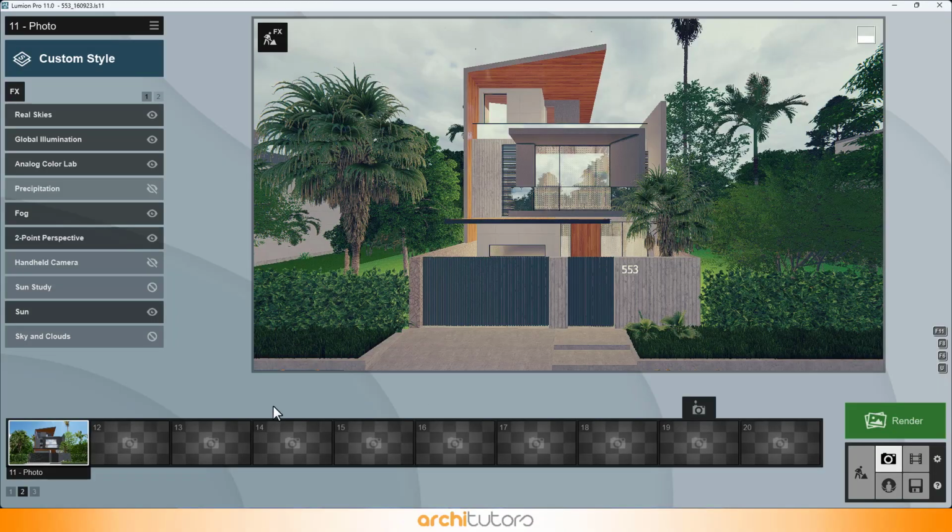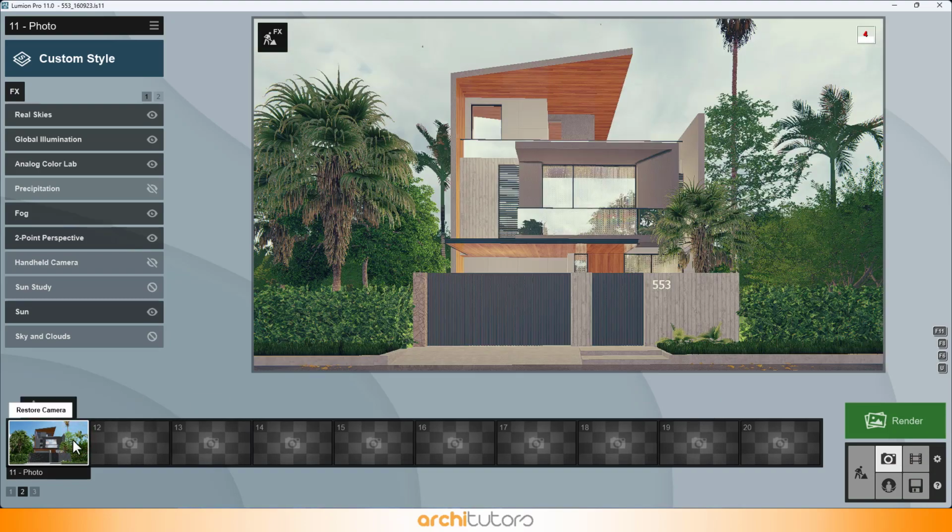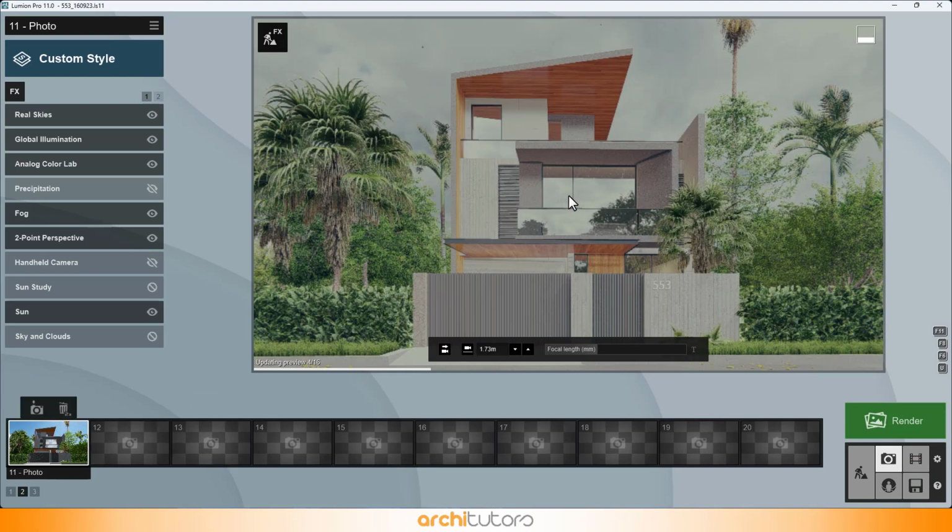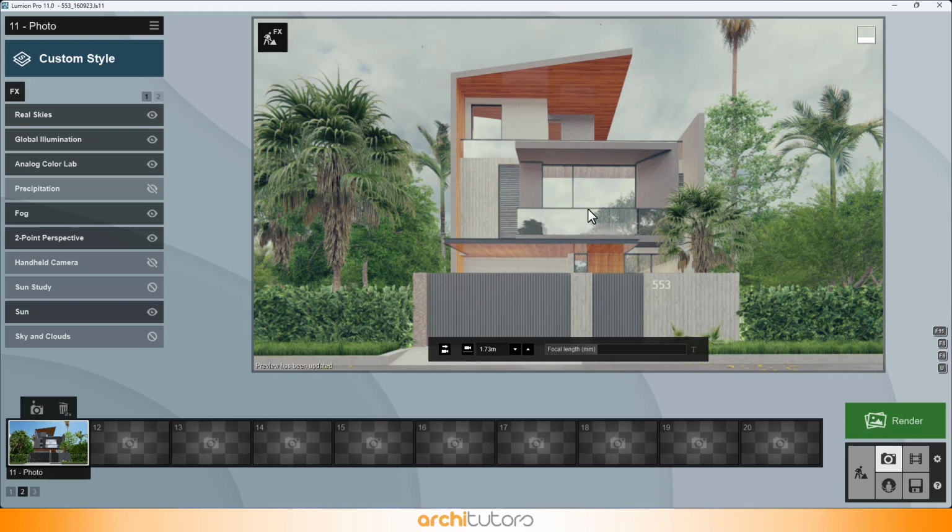Go to the photo option and set a scene for the render in Lumion. This is the scene we have set. Let's go through the effects we've added one by one and see how they affect our scene.